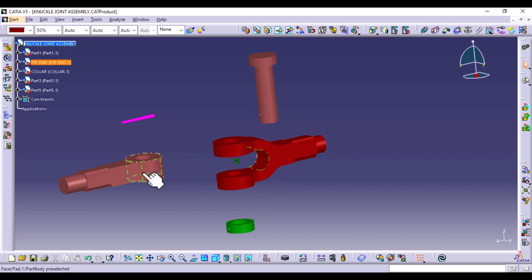So the first constraint we're going to use is going to be the coincidence constraint to align this particular center as it was on the drawing. So we will start with the fork, obviously, and the eye end. So you hover anywhere over the cylindrical part and it's going to automatically highlight the center. So we've aligned those two. I'm also going to align this one with this one. Okay, then I'm going to align this with this one,